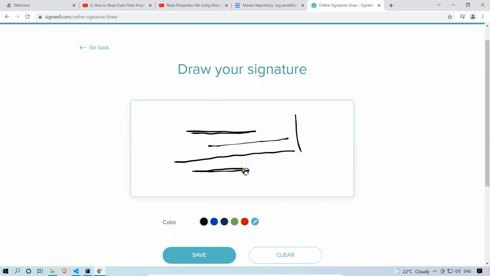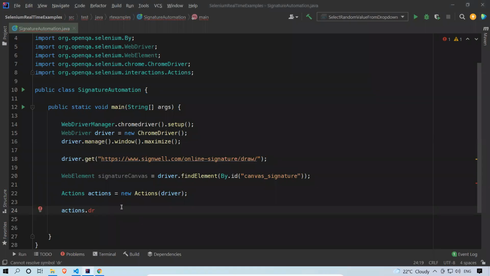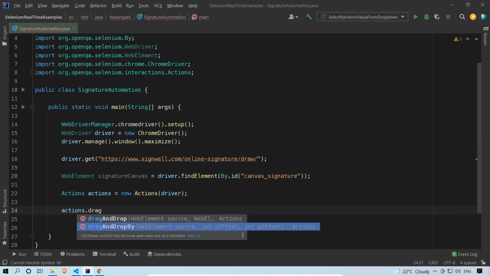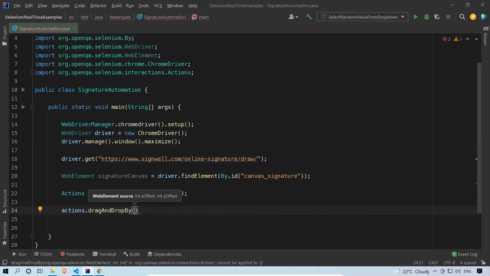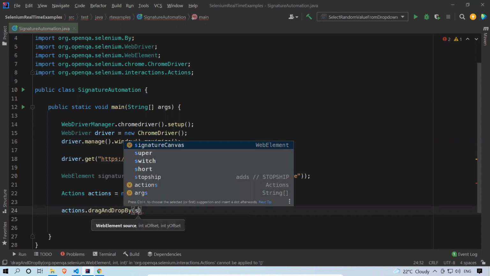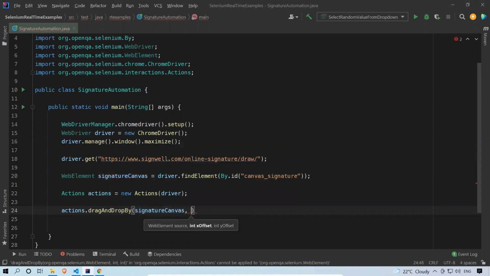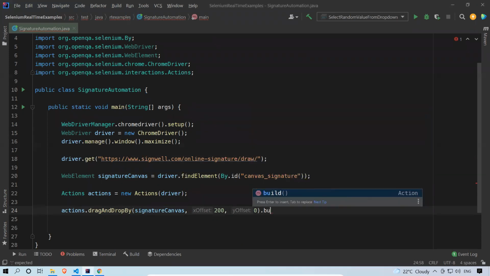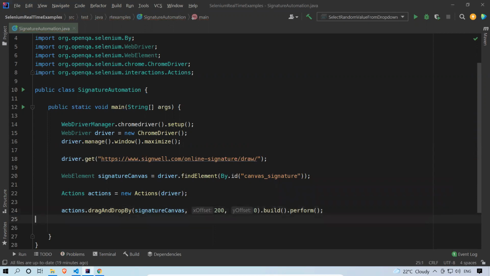I'll drag 200 pixels in the x axis. So actions.dragAndDropBy(signatureCanvas, 200, 0).build().perform(). That's it, that simple it is.